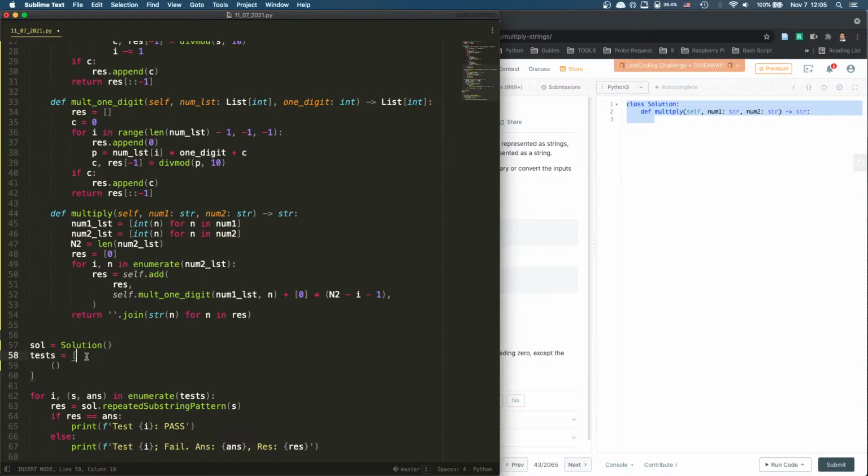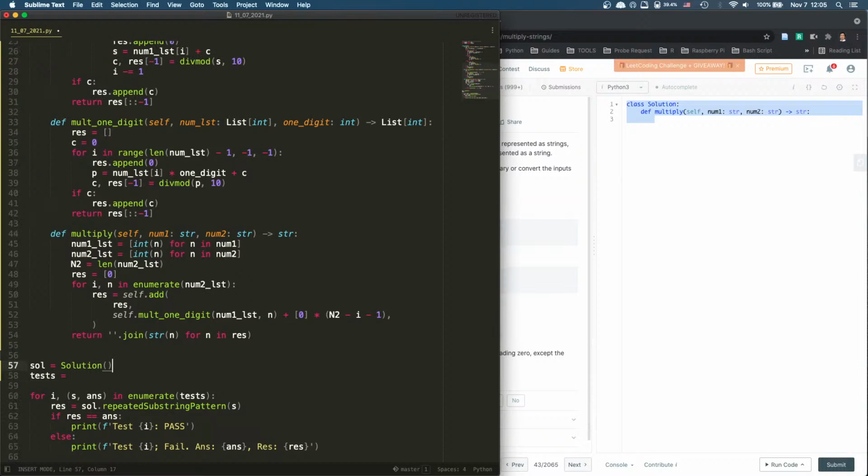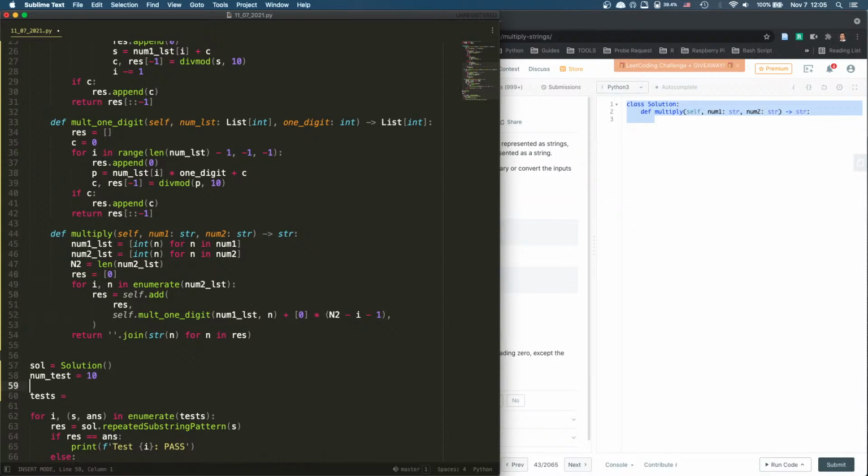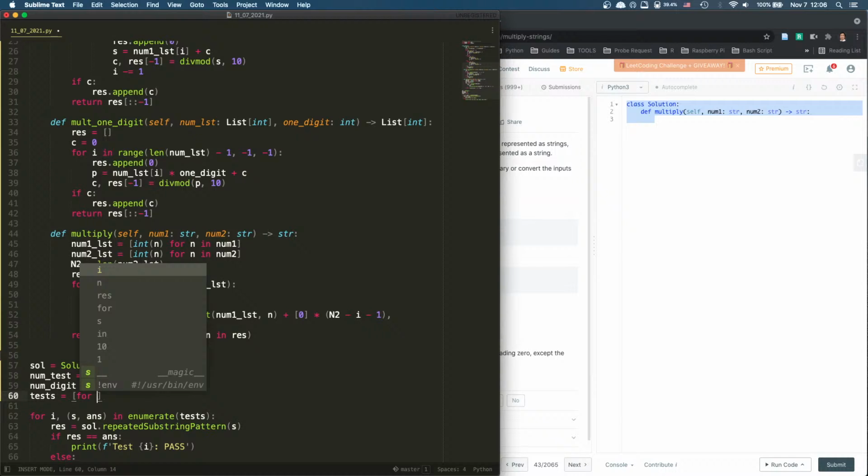The tests will be: num test is 10, and num digit, let's start with 3 digits. And for this in range num test,